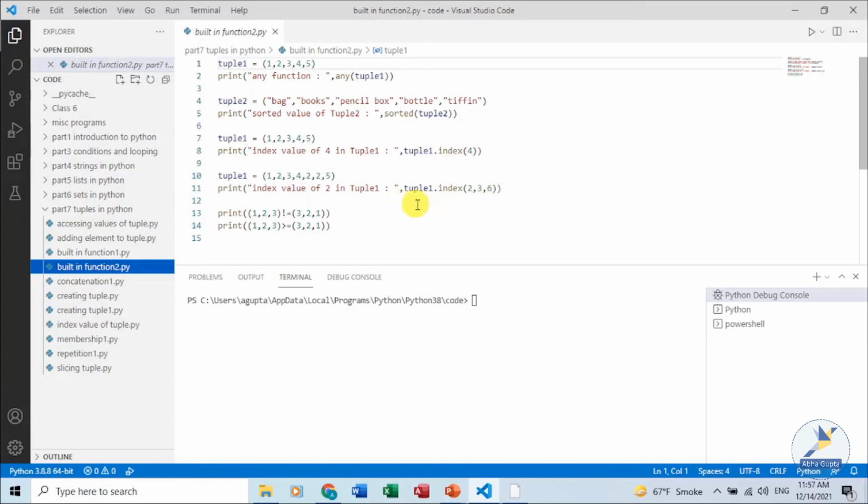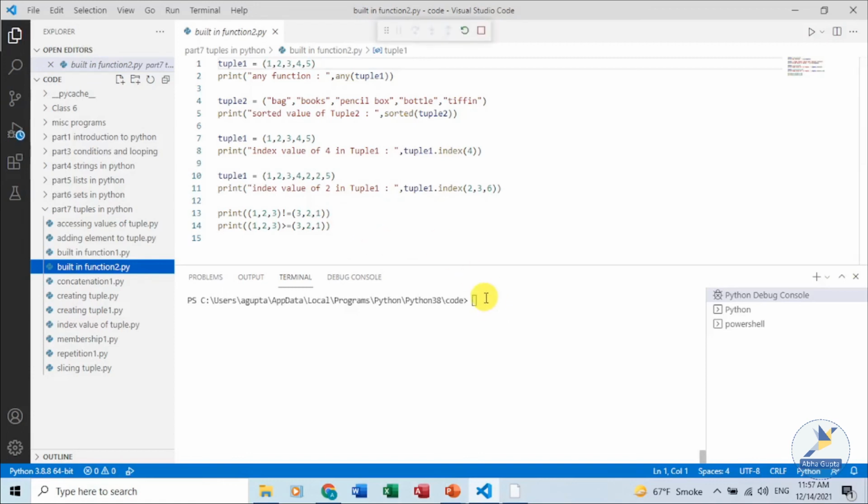So in this tuple.index, we are looking for the value 2 starting from the 3rd position and going up to the 6th position. We can also compare 2 tuples using comparison operators, like less than, equal to, not equal to, greater than or equal to. In these 2 statements, we are trying to compare 2 tuples.